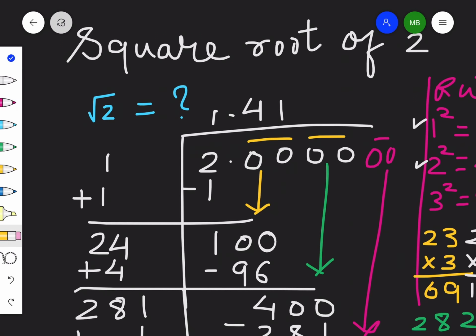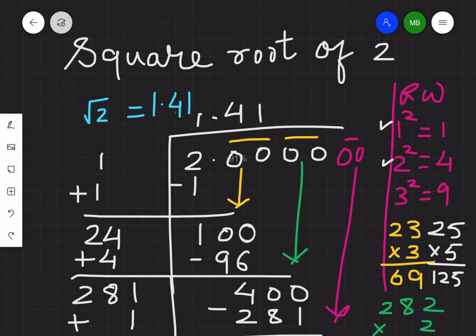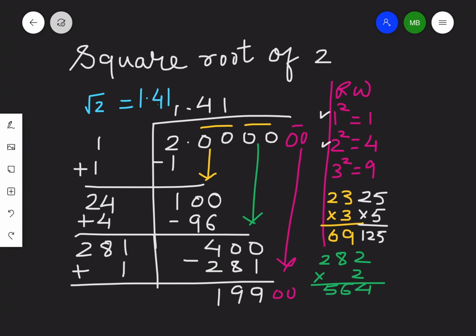So here I can now say that the square root of 2 is 1.41 up to 2 decimal digits. So this is the method. The same method is applicable, and the interesting thing is, as many pairs of 0 as you take, this division is not going to end. This is another kind of number addition to the number family, about which we'll learn in the coming videos.